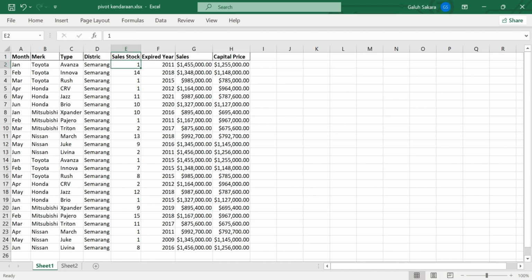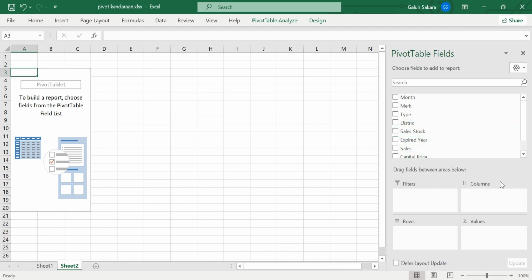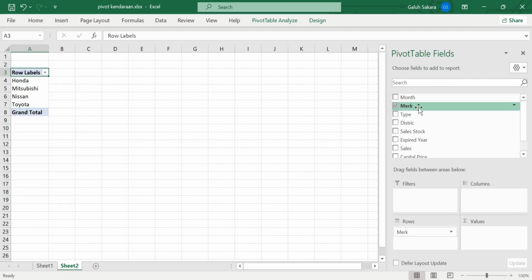The name of the type. Okay, sales stock. I just want to type the sales stock, and then we can drag here, and then we will try to use the pivot table fields. I want to filter, series, columns, rows and also values. See here, drag fields between areas below. Okay, for instance, I will drag the column rows here for the mark or type. Okay,